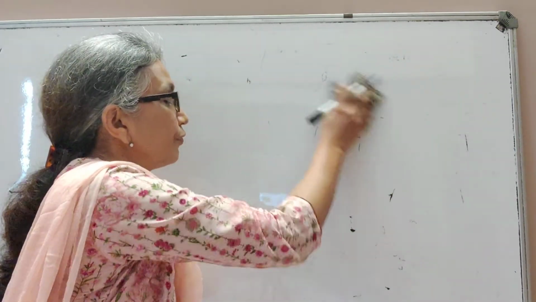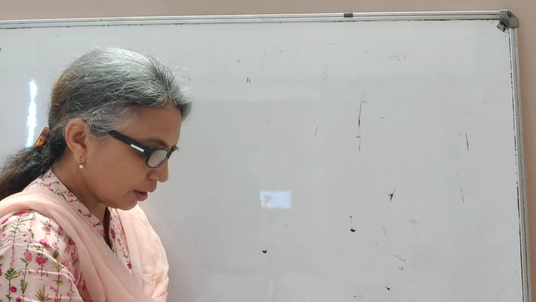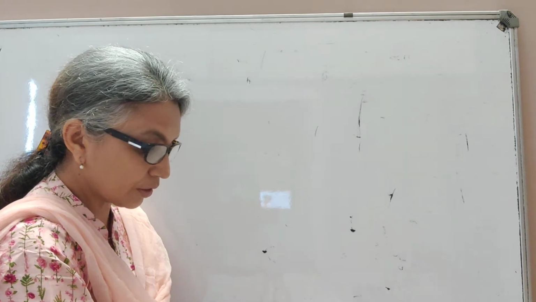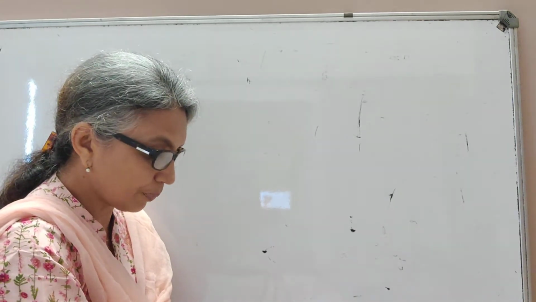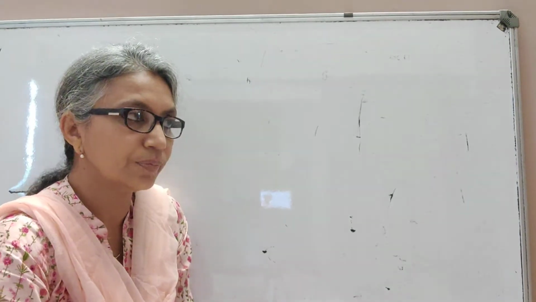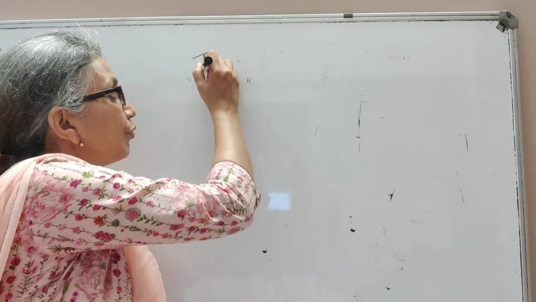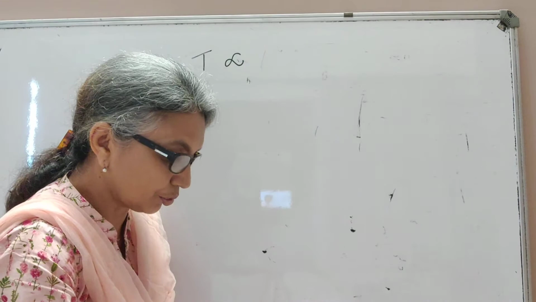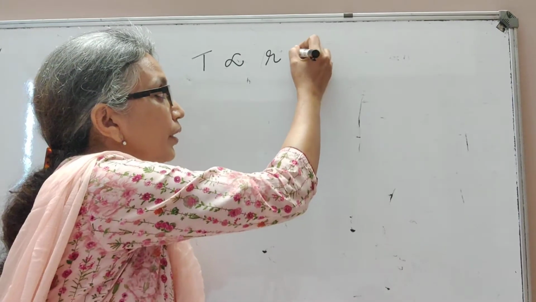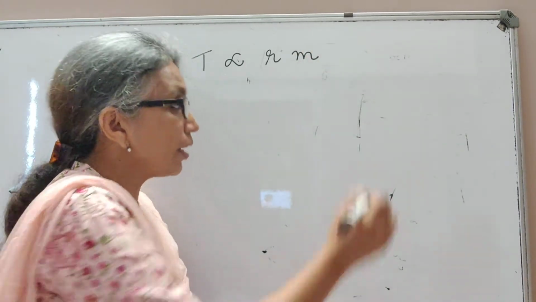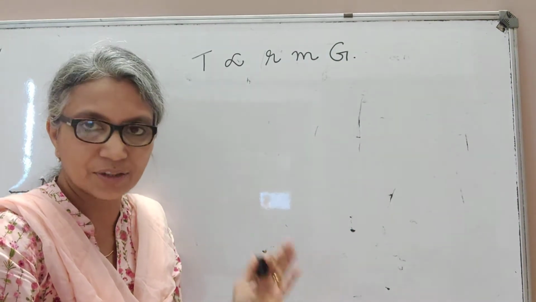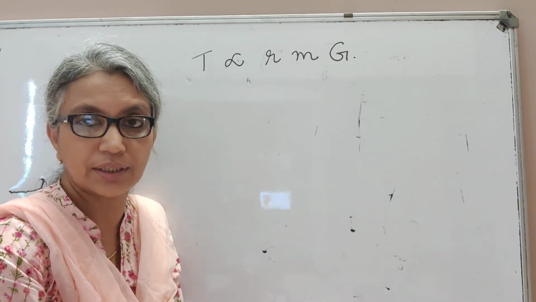The next question that I've taken is: find the time period of revolution of a satellite which depends on the radius of the orbit, the mass of the planet and the gravitational constant. And this is the question. So they're telling you time period of revolution of a planet depends on the radius of the orbit, the mass of the planet and the gravitational constant capital G. I happen to take both the questions from that chapter, gravitation. This relation also you will be learning in that chapter, gravitation.